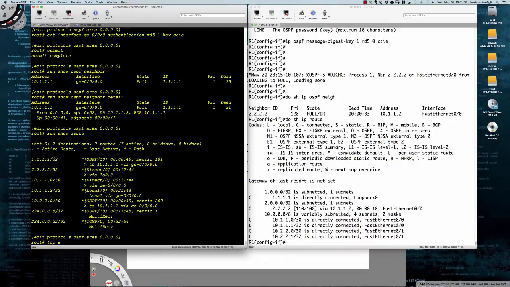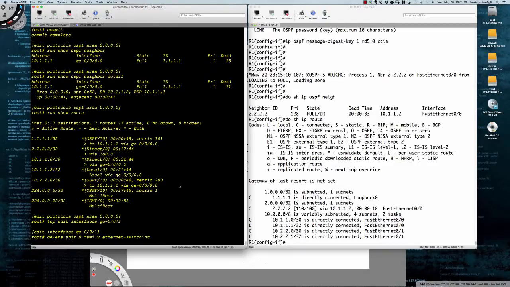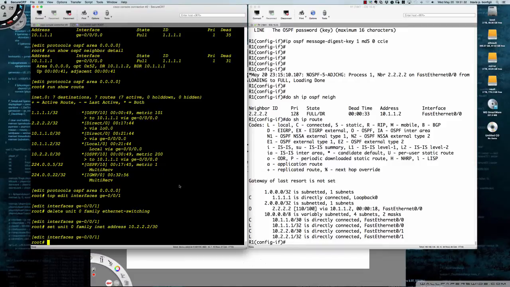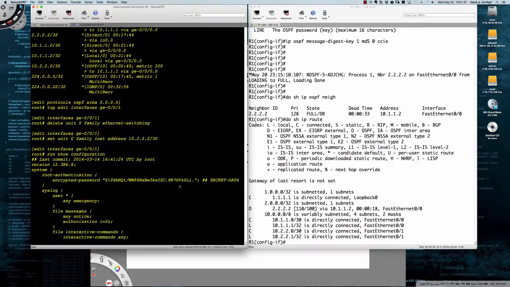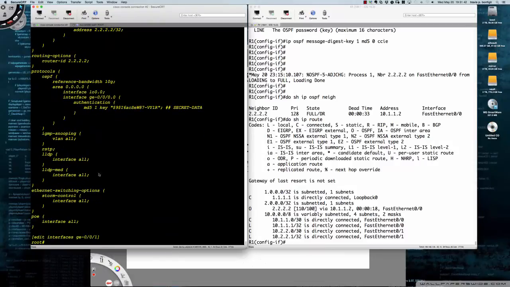In fact, let me edit interfaces. Let's bring that other interface into the fold, GE-0/0/1, and let me delete the unit 0 family Ethernet switching, and we'll say set unit 0 family inet address 10.2.2.2/30. And let me run show configuration. Let me come down here. I just real quickly want to see, did I put in